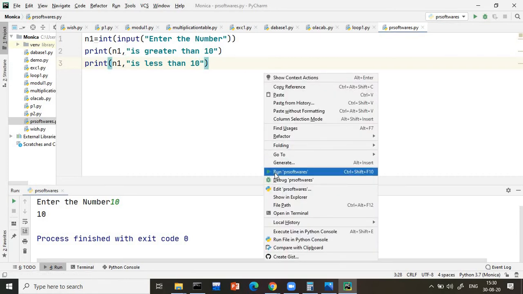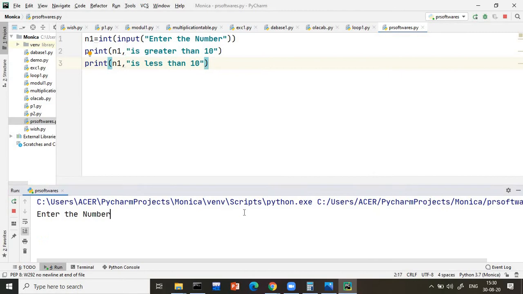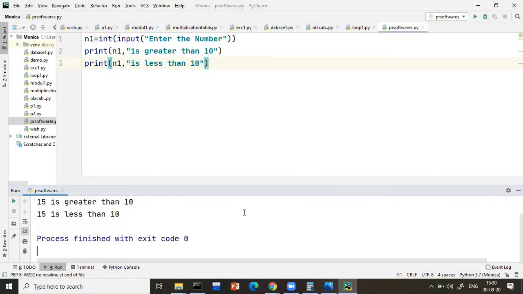When I compile and give 15, what message should I get? I should get "n1 is greater than 10". But what I am getting is both: 15 is greater than 10 and 15 is less than 10. Both messages are printed.